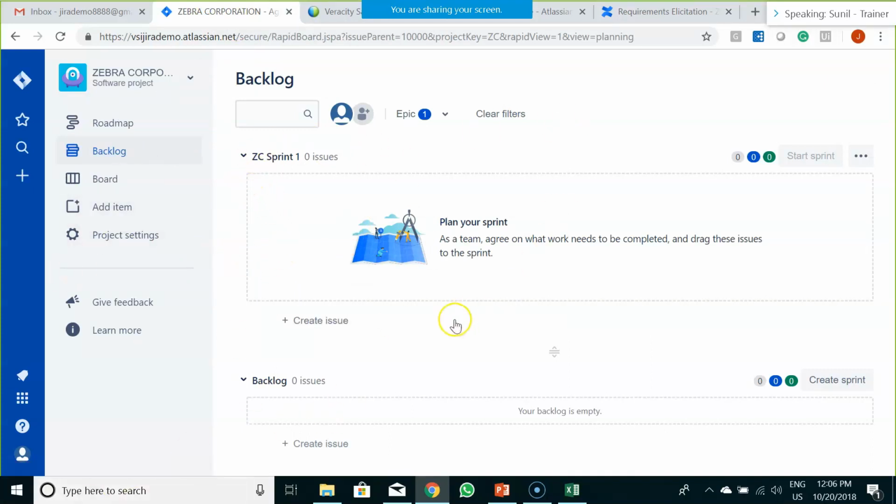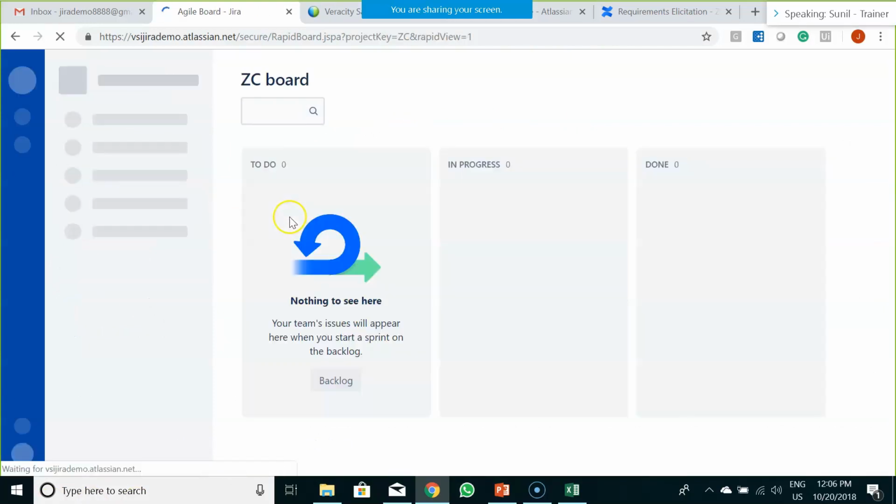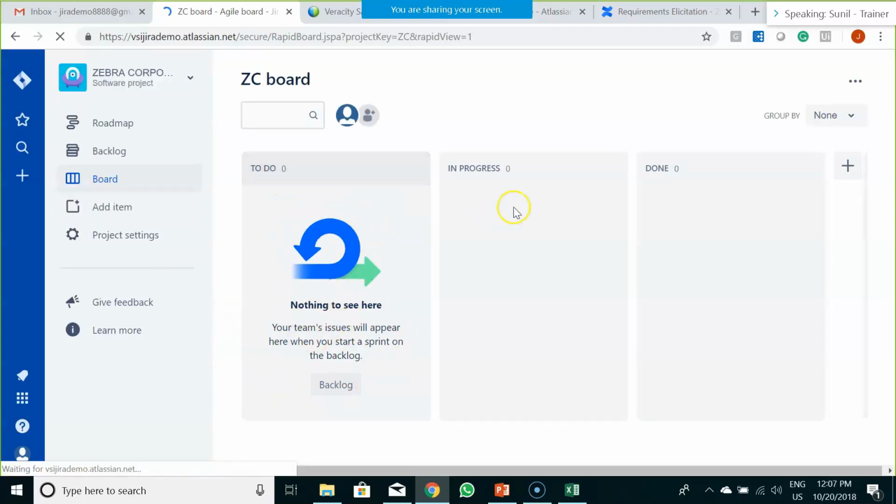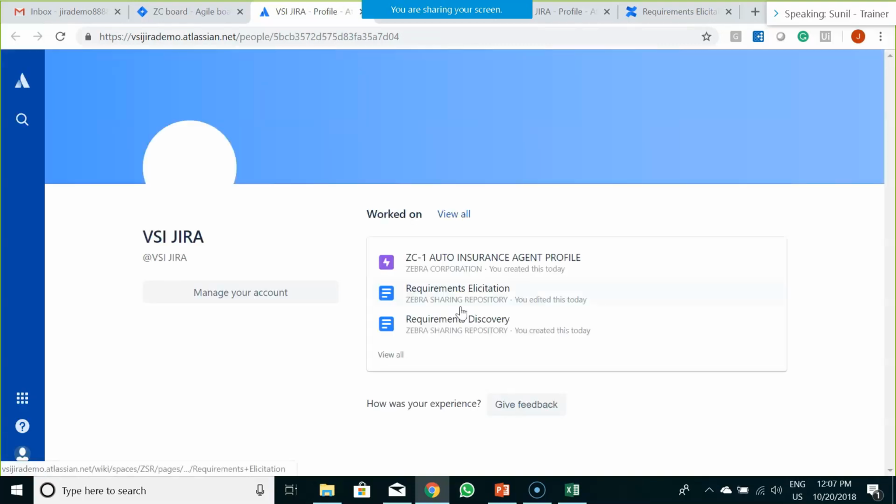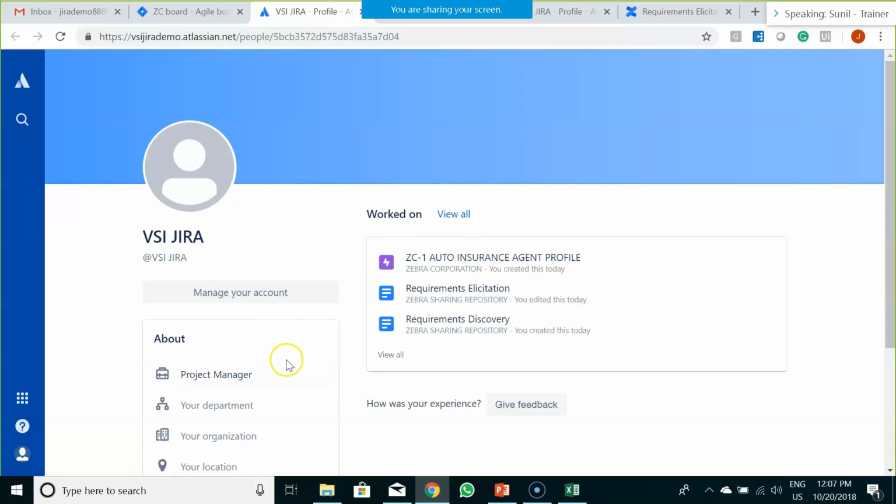Now this is how your Jira tool looks. We have a backlog, and we have a board wherein we have all our issues or our planning board: what are the to-do items, what are in progress, and what are done, and other stuff. Before beginning to operate Jira, you have to invite all the users who would be collaborating with you.